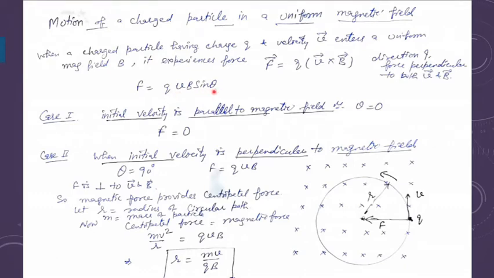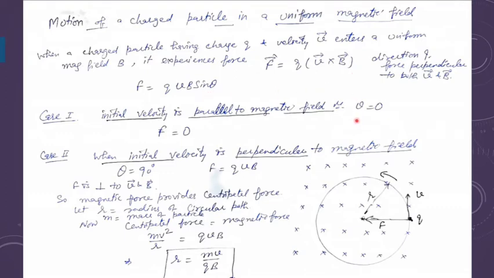Theta is, of course, the angle between v and B, meaning the velocity vector and the direction of the magnetic field. If it is outward, we show it by a dot. If it is inward, we show it by a cross. Cross means the magnetic field is into the paper, perpendicular to it. Now, if velocity is 0, the particle is at rest, then of course the force will not be exerted. That should be clear in your mind.